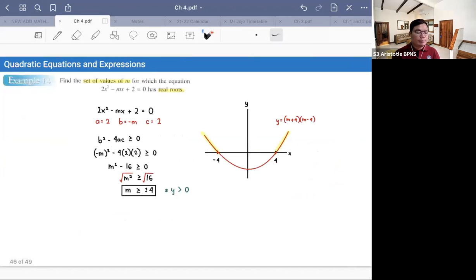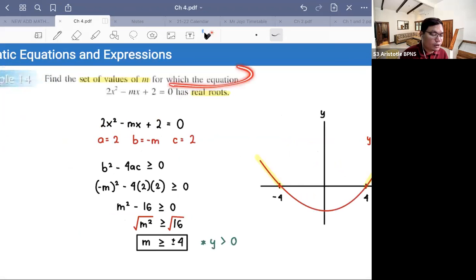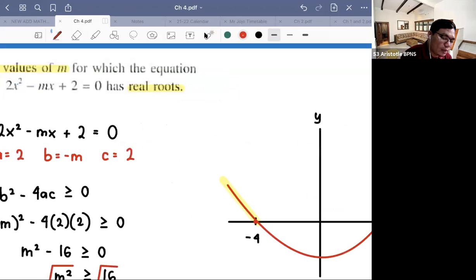Example number 14. Find the set of values of m for which the equation 2x squared minus mx plus 2 equals 0 has real roots. You see this word again, real roots. So what do we mean by real roots? When you see the words real roots,